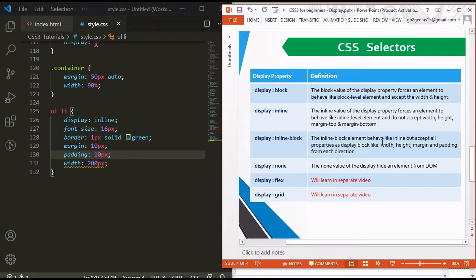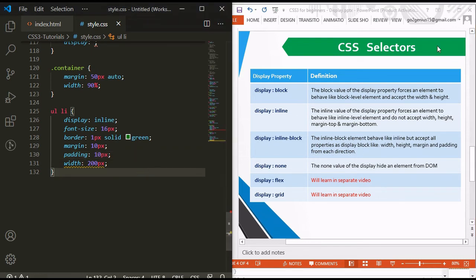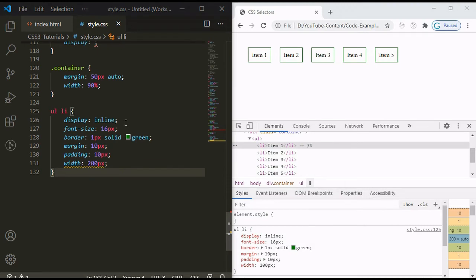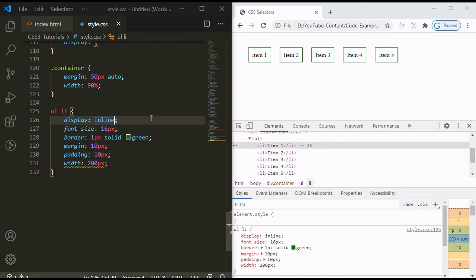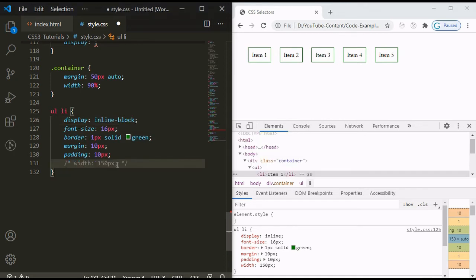The inline block element behaves like inline but accepts all properties as display block, like width, height, margin and padding from each direction. So now let's see. The next property is inline block, and comment out the width.